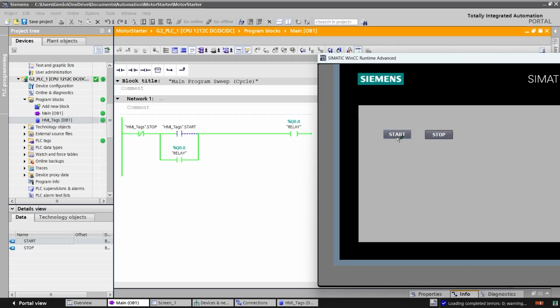Okay, that was it for today. I hope you learned how easily and quickly you can integrate an HMI and configure your HMI screen using TIA